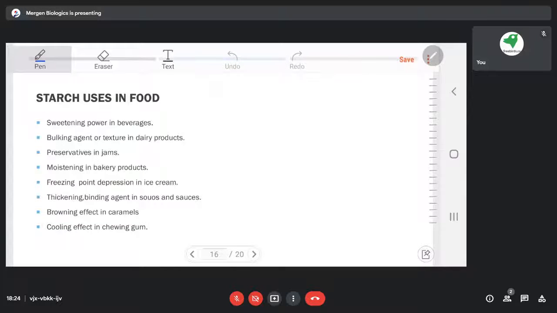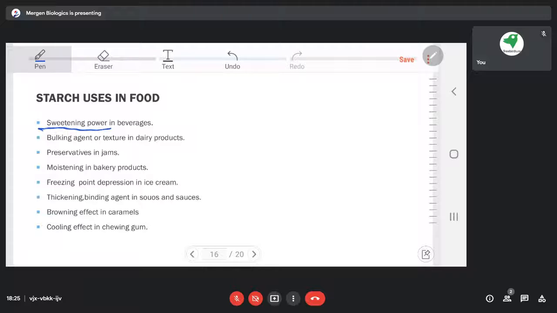Now I have told you that starch is produced by plants, but nowadays starch is produced artificially also. And all the starch material, whether it comes from artificial genetic engineering methods or directly from plants, all of these have different uses in food. These are sweetening powder in beverages. We get all these sweet beverages. All the sweetening powder they use is starch. Then in dairy products, we get some bulking agent or texture that is also